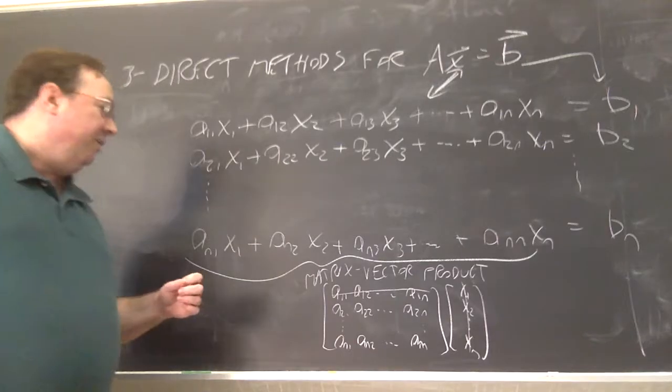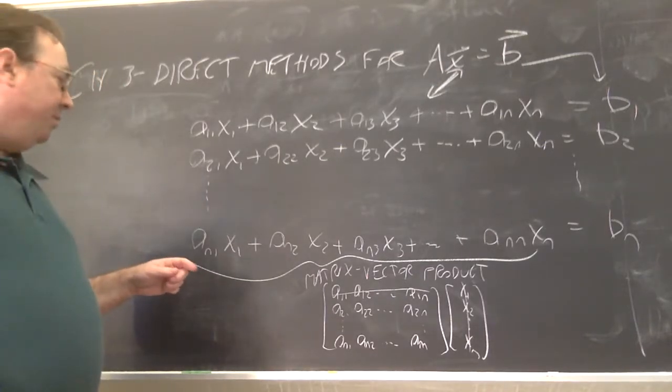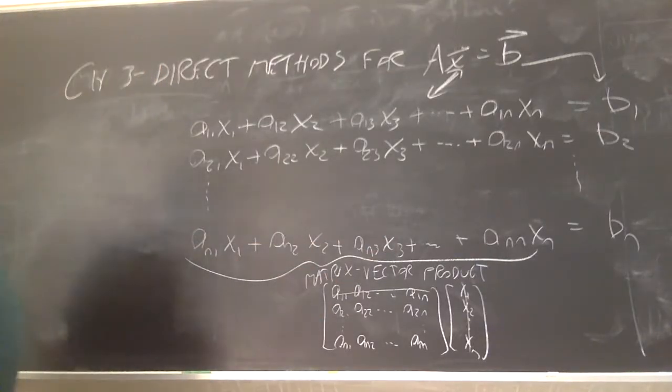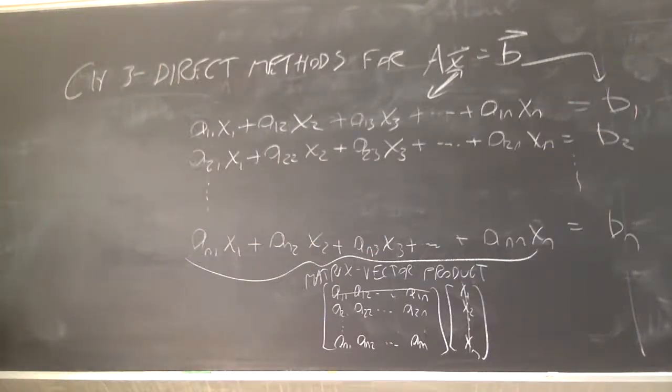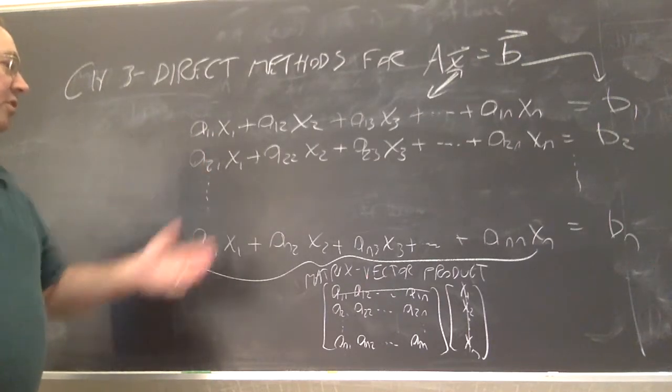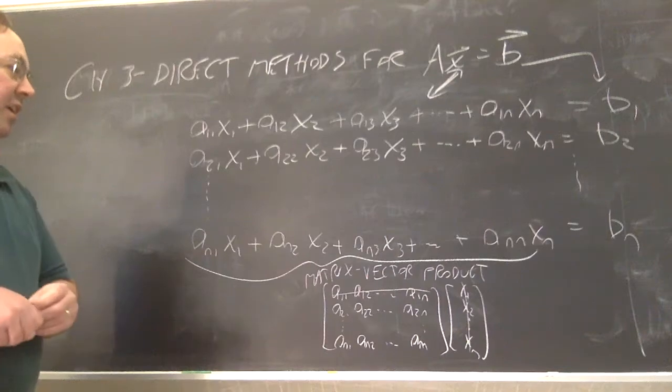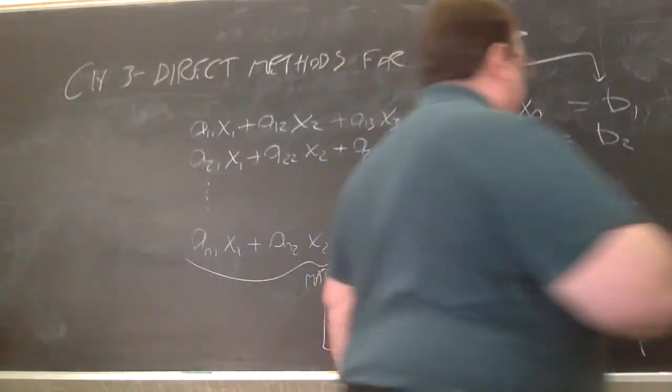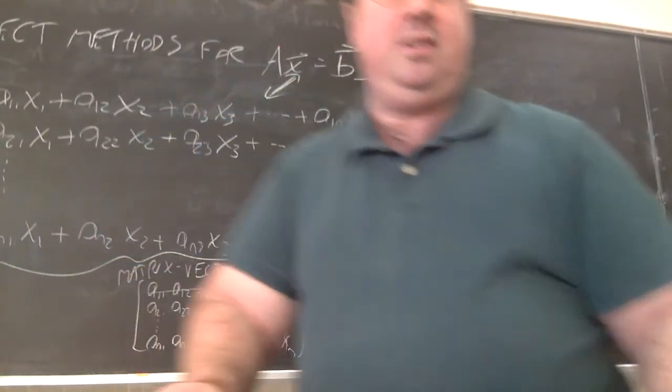So for instance, if it turned out that most of the coefficients in a given row were equal to 0, then these equations would simplify dramatically. To give an example of a system that's particularly easy to solve,